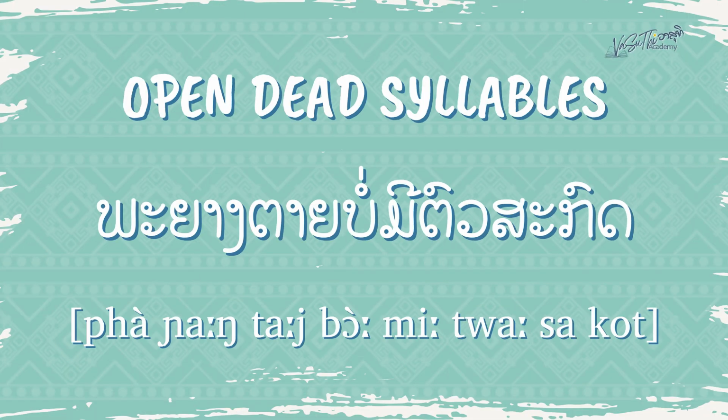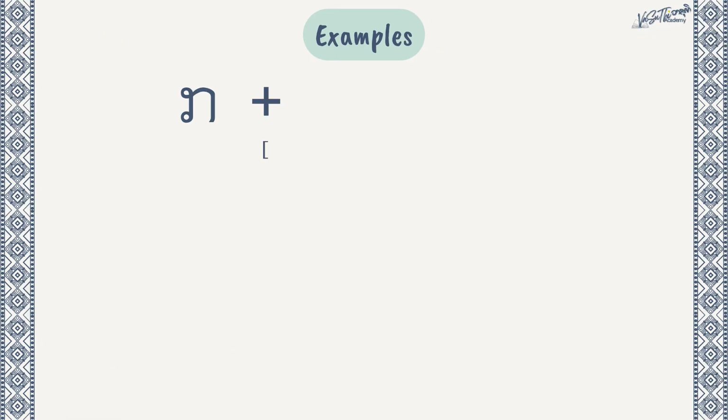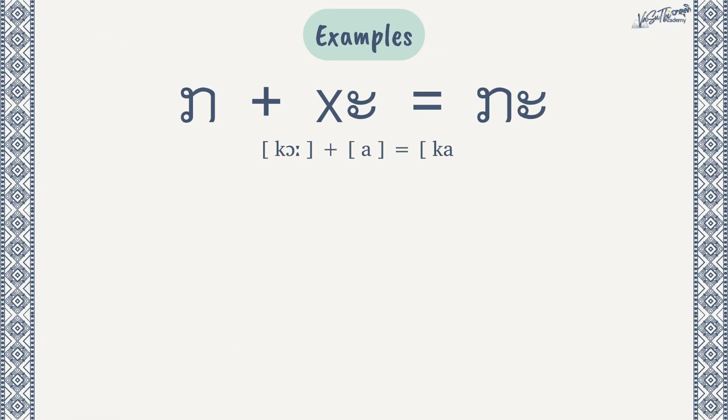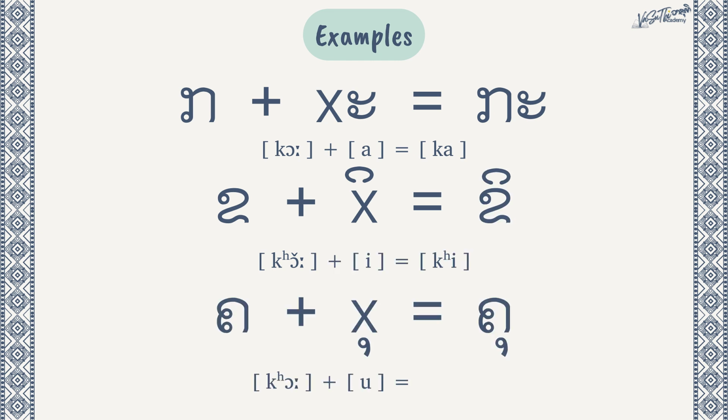Open dead syllables. พยางค์ตายบ่มีตัวสะกด An open dead syllable is composed of an initial consonant and one of the 12 short vowels. Be careful, an open dead syllable does not accept any tonal accent. For example, กออะกะกะขอขออิคิคิคออุคุคุ